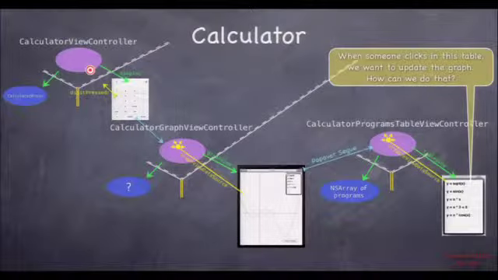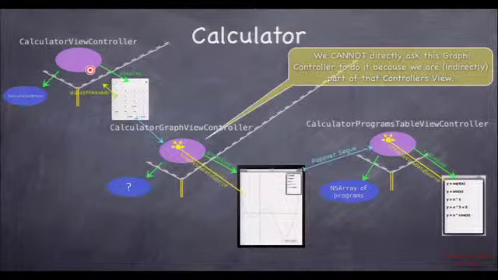So I wanted to show you this in MVC model mode, so you're getting clear on where the things are. The model of our new MVC is going to be an array of programs that we're going to get from the calculator graph view controller when it prepares to segue to us. When we click on one of the graphs in the popover, we have to talk back to the controller to say, oh yeah, they picked a graph, draw this graph for me. But we can't talk to calculator graph view controller because it's our controller. Even though we're another controller, we're still part of the view of the calculator graph view controller, so we can't talk